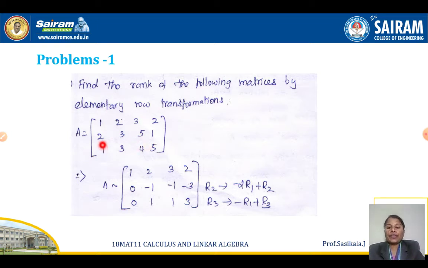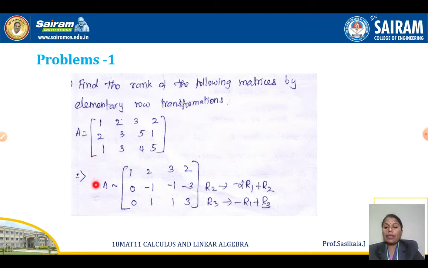Now first, how are we able to convert these to 0? You should remember, when you make the first element of any row 0, whether second row, third row or fourth row, whatever has been given in the question, to convert 0 in the first position, you take the first row. Similarly, to convert 0 in the second element of any row, choose the second row. Clear? It is not any row, like third row or fourth row, as I have told. Okay, now we are going to see the solution.